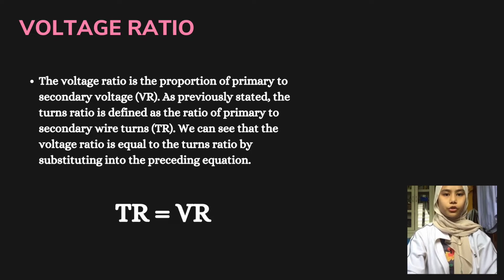For voltage ratio, the voltage ratio is the proportion of primary to secondary voltage, VR. As previously stated, the turn ratio is defined as the ratio of primary to secondary wire turns, TR. You can see that the voltage ratio is equal to the turn ratio by substituting into the preceding equation, TR equals VR. A voltage ratio of 1/8 means that there will be 8 volts on the secondary for every